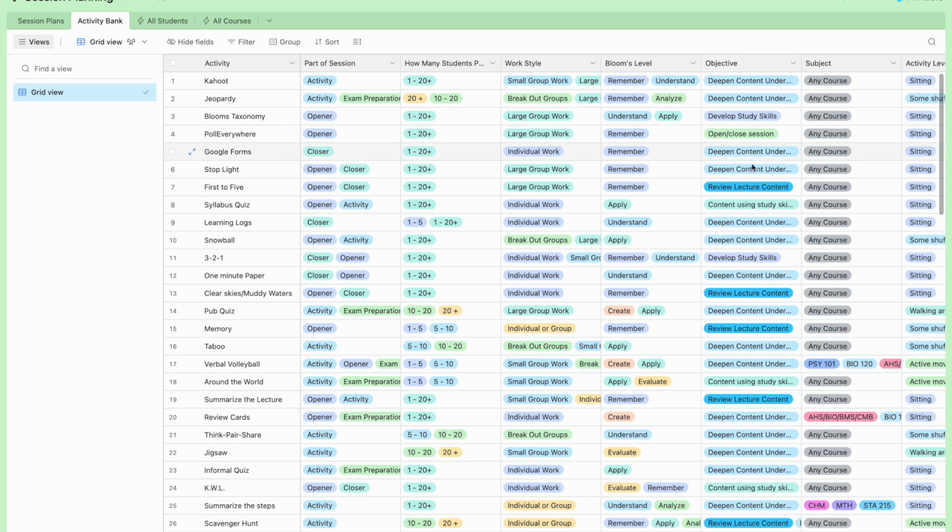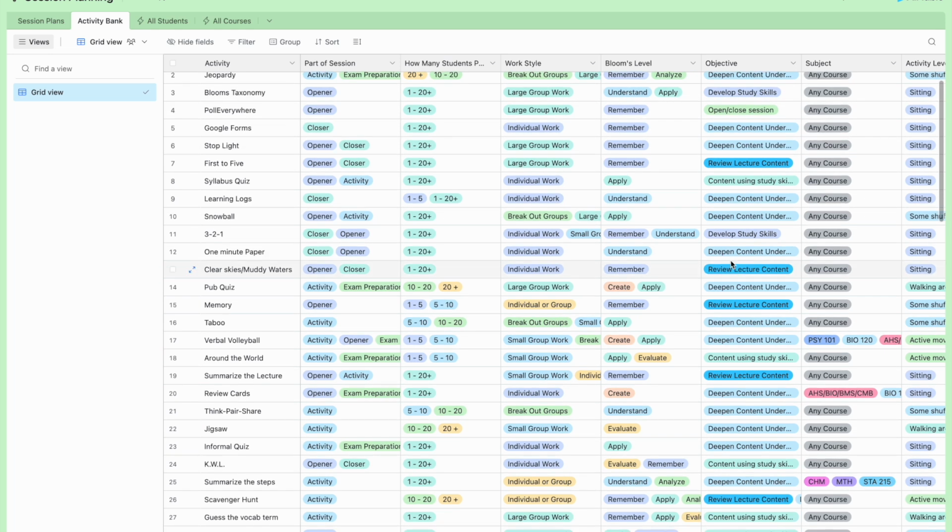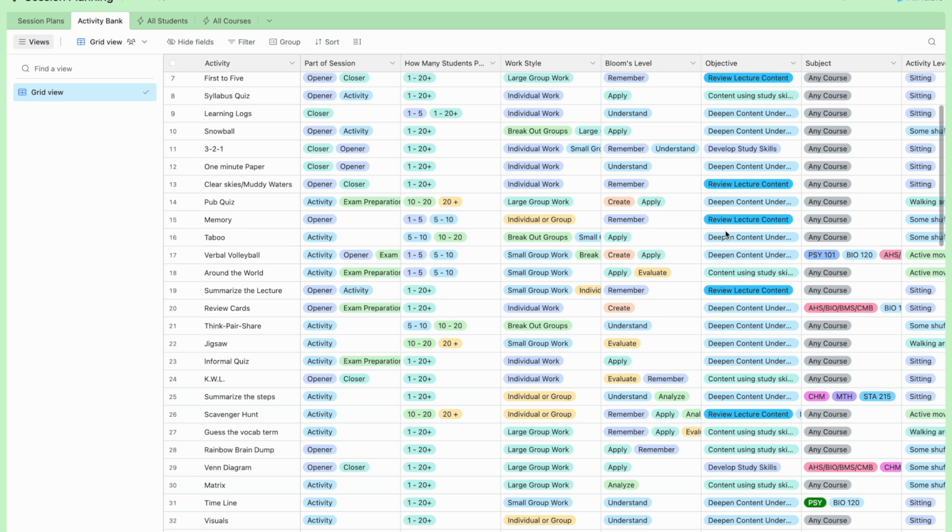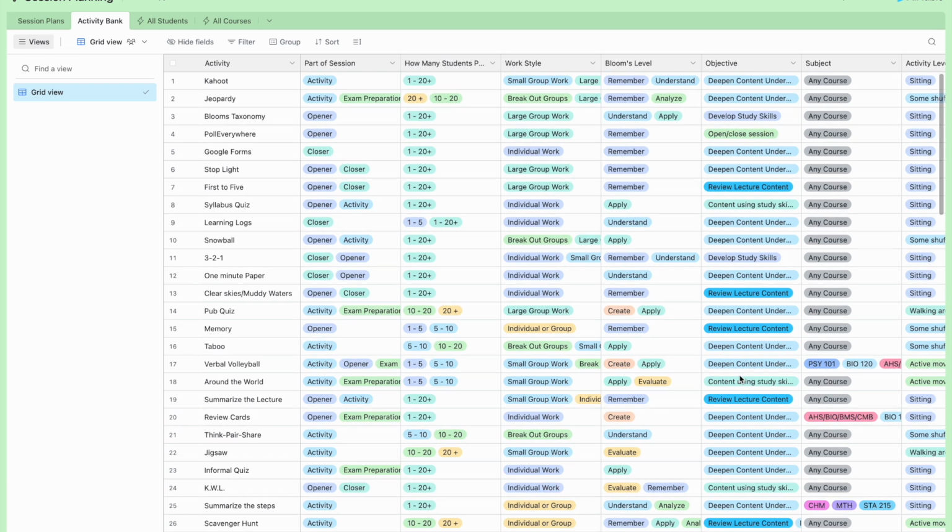Similar with objective, do you want them to be learning a study skill or do you want them to be focused on content? Because remember, SLA isn't all about content. So sometimes it's okay to do an activity that is just developing the study skills or teaching them, this is a good activity to use while you're studying and things like that. So that's how we would use the objective. Subject, so